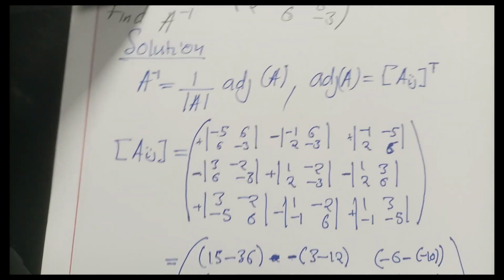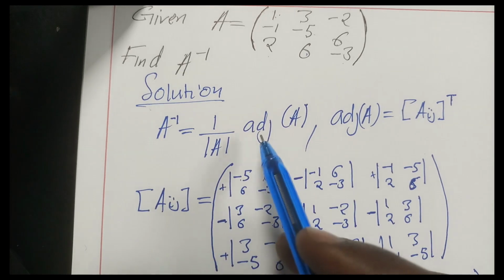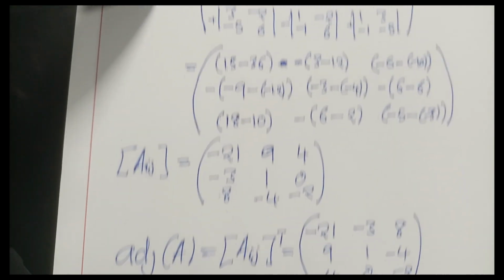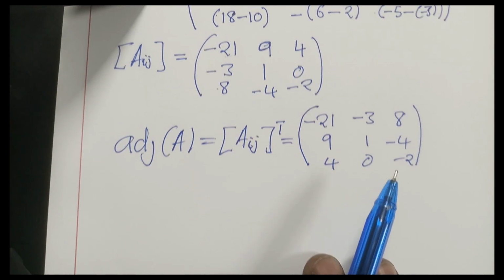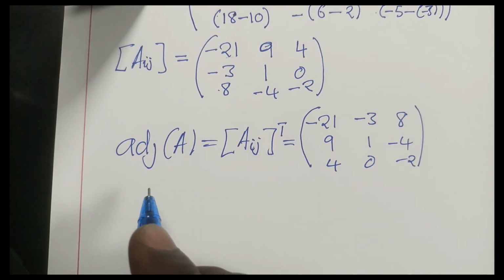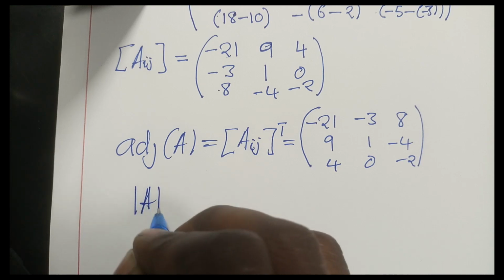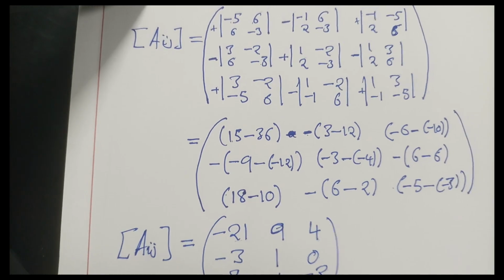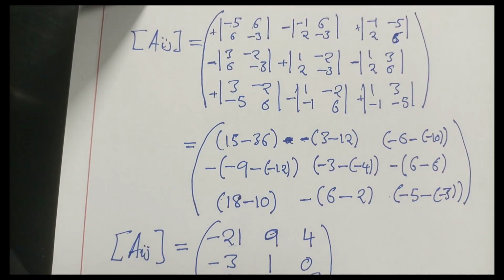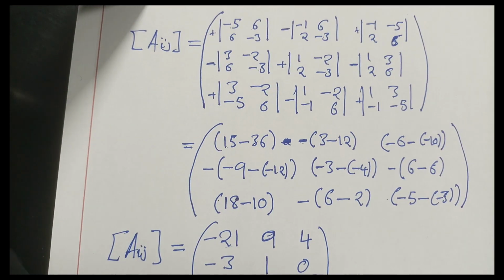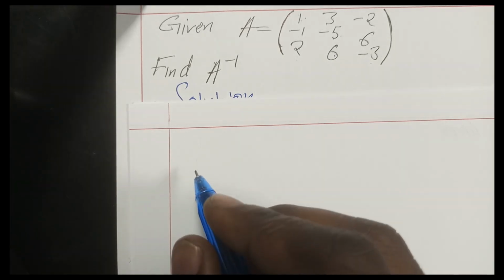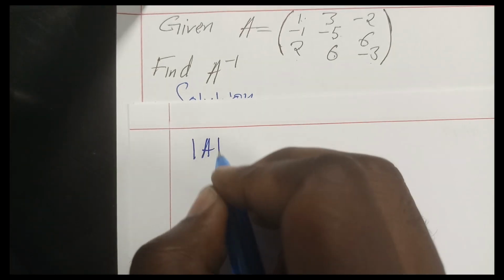So from the formula here for finding the inverse of the 3 by 3 matrix, what is missing is just the determinant. So let's find the determinant for this 3 by 3. Determinant, we're going to have the determinant of A will be given by, okay, let's solve the determinant on the next page. Let's use the next page for the determinant. Okay, so the determinant of A will be given by,